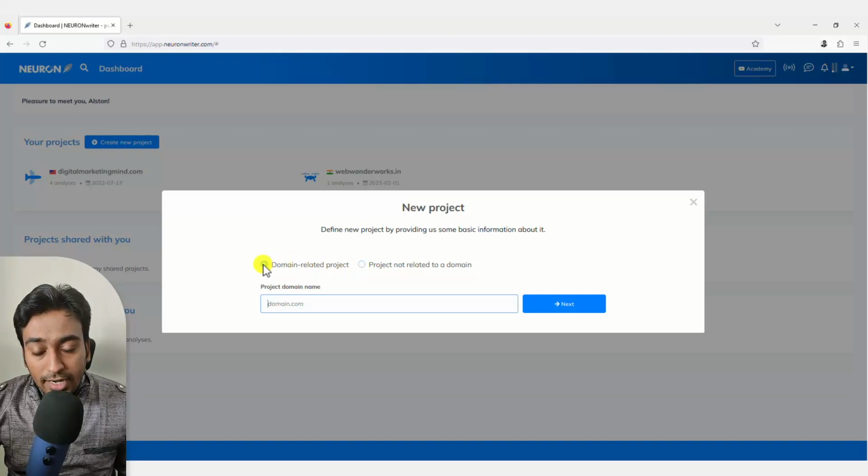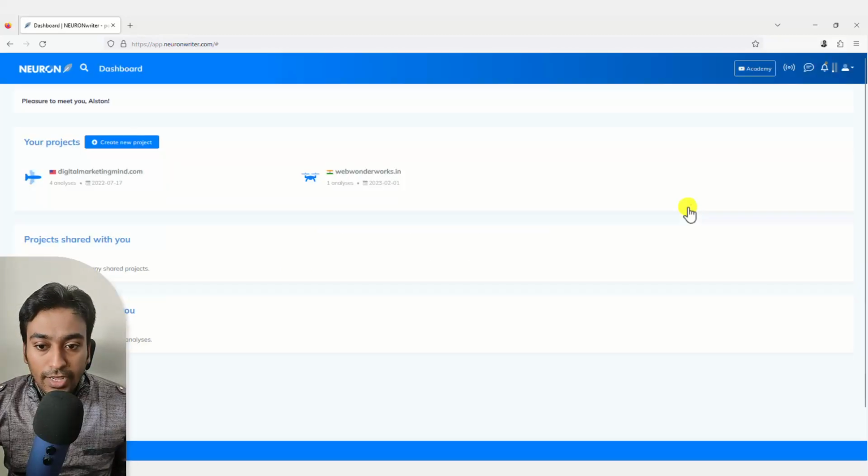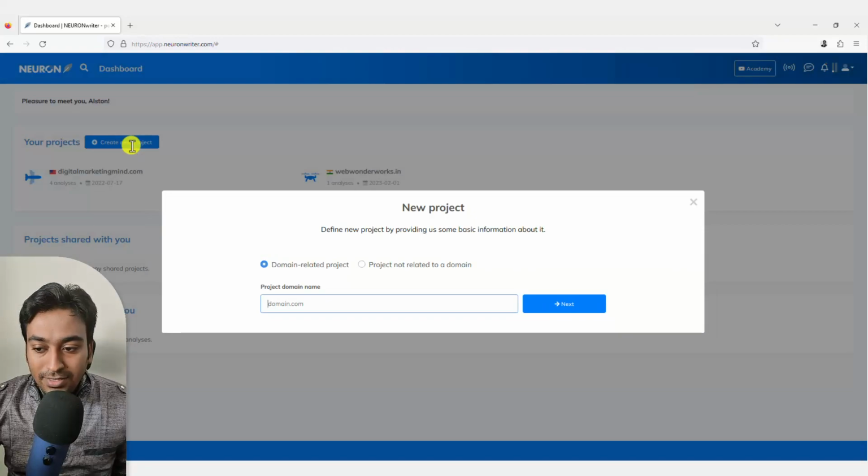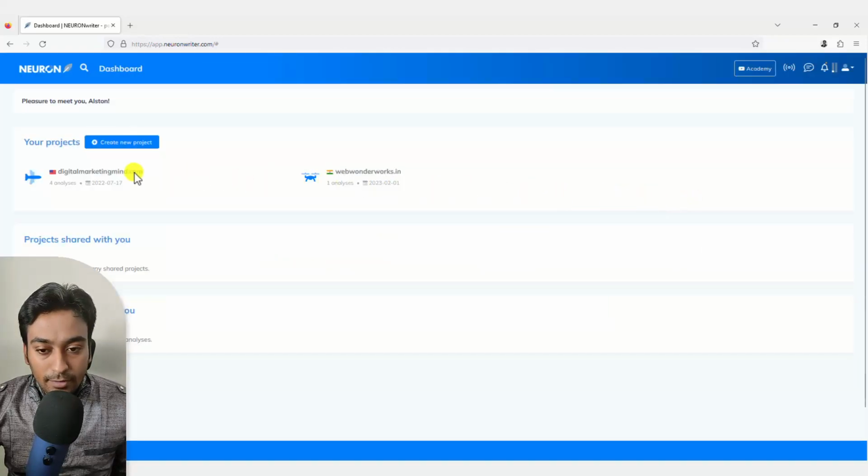I have created a domain-related project because it provides a lot more advantages, from internal linking to keyword suggestions and everything; it helps me a lot more when I organize with a domain. I'm going to click on one of these projects because I'm not going to create a new one, since I've already created a project, but it's a very simple, guided process.